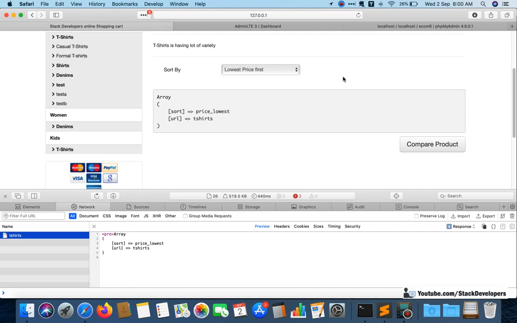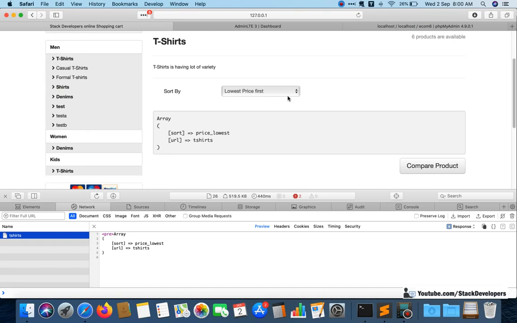So we are going to continue working on our listing page. In the last video you have seen that we were able to get the data with the help of Ajax. So we are working on the sort filter. We want that every time the user selects any of the filter options, all the products will be loaded with the help of Ajax.